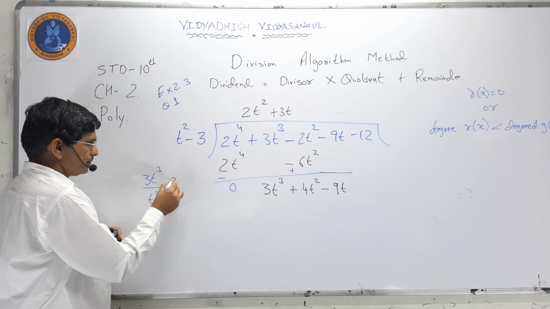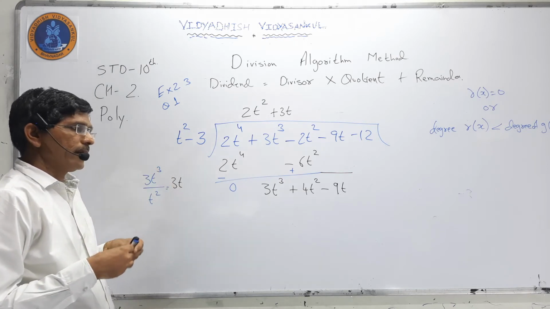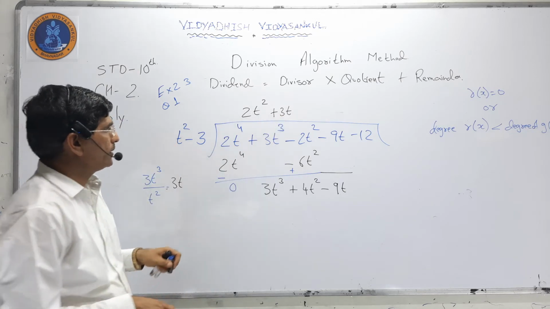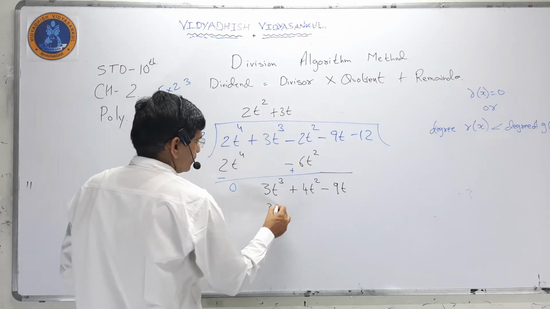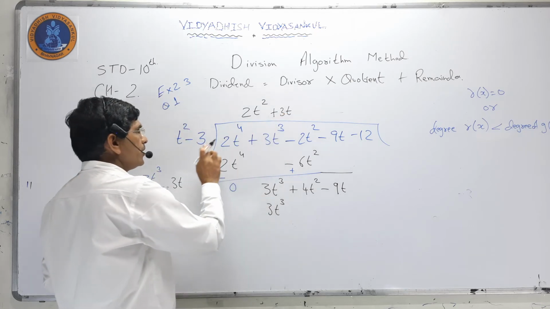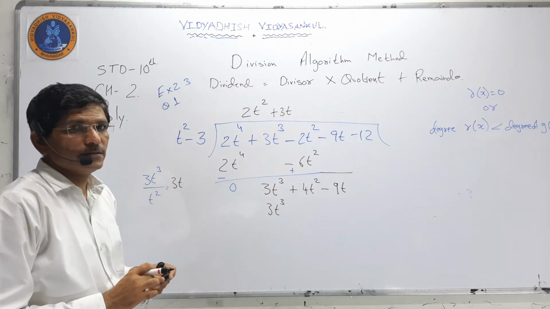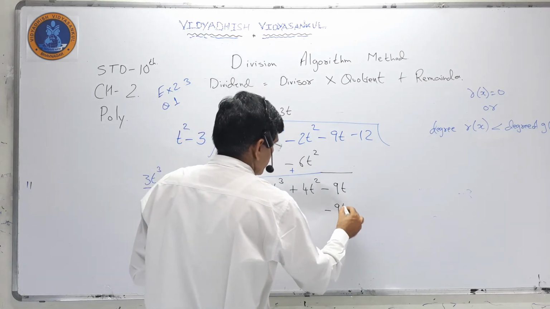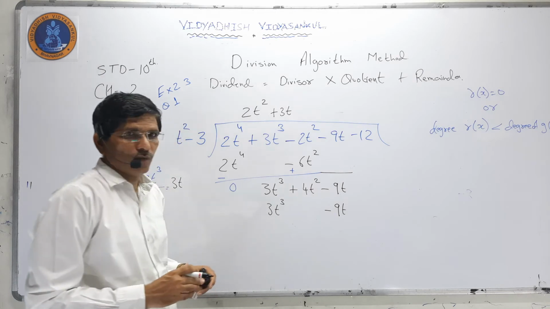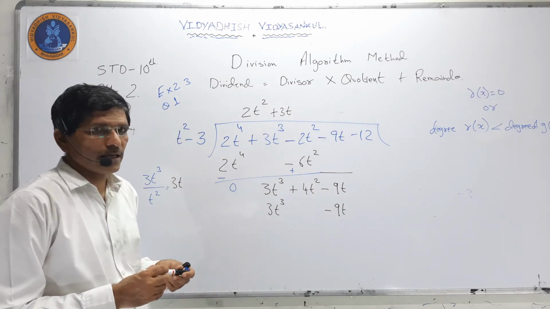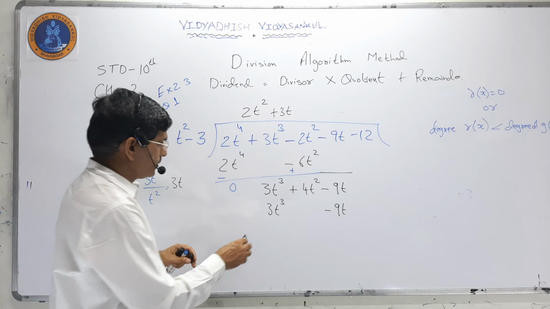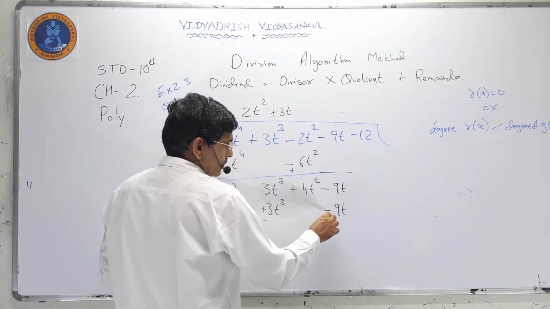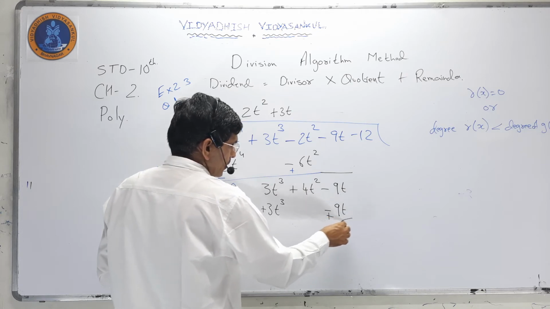I have got it here. Now next step, I have to open this bracket, means 3t into t square, that is 3t cube. 3t into minus 3, 3 3s are 9, so I have to write minus 9t. I cannot write it below 4t square because variables are changed. Now again, here it is plus, so I have to write minus. Here it is minus, I have to write plus.